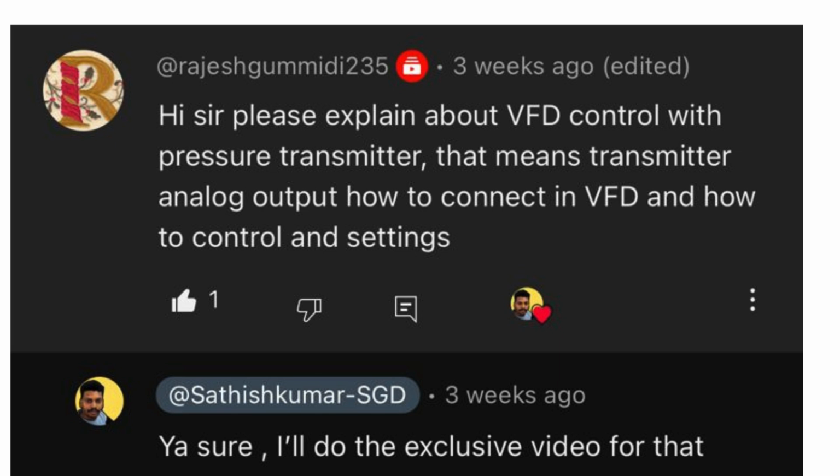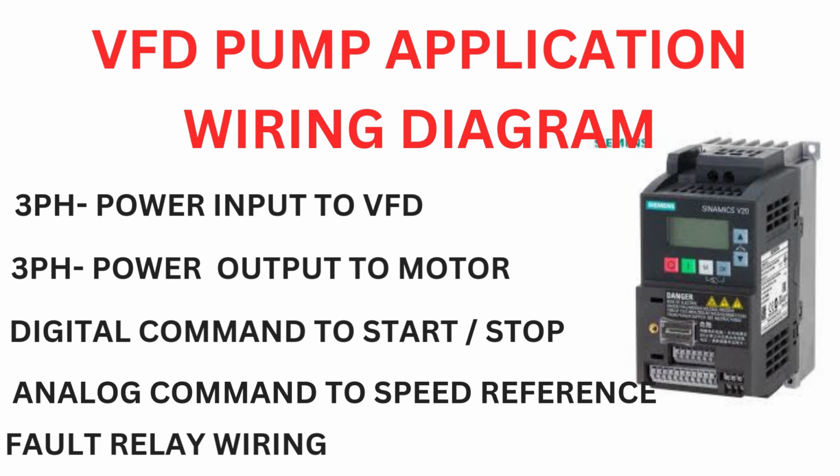Hi. Today we're going to talk about one of our subscriber requests: VFD control wiring using our pressure transmitter. Recently I have received many comments about VFD control wiring, so we're going to explore it more. Today I took a pump application drawing using our pressure transmitter. So it's a VFD pump application wiring diagram, and mainly we're going to focus on the three-phase power input to the VFD,